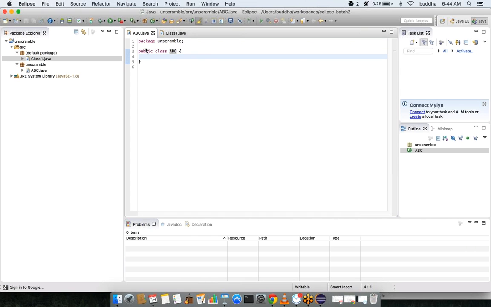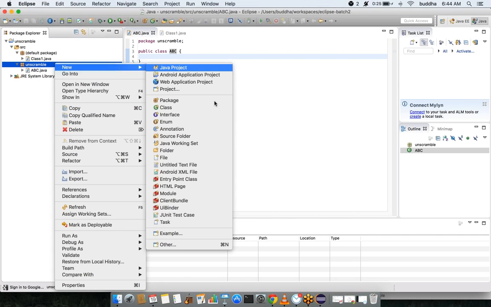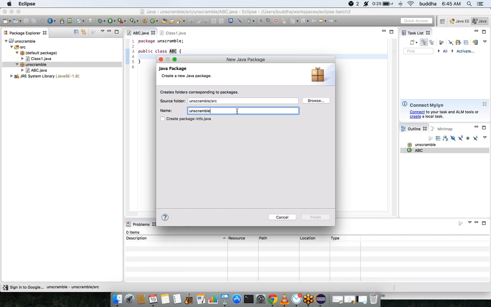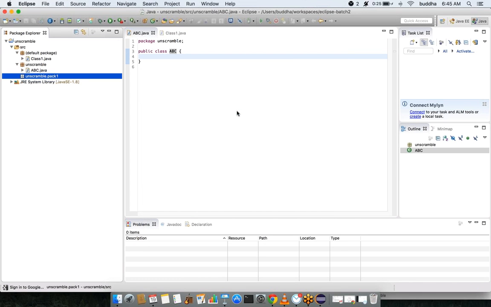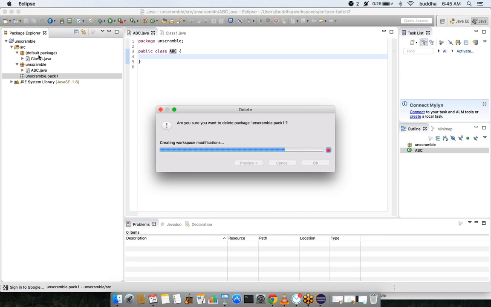Now let's create another package inside this unscramble. I'm selecting this, and I'm creating a package called unscramble.pack1. Actually, let me delete this and add some confusion.